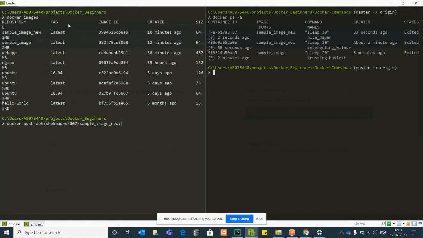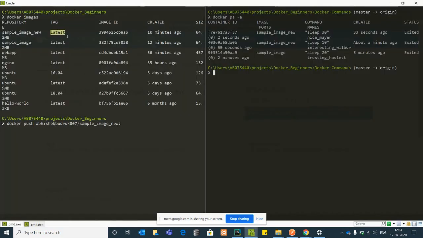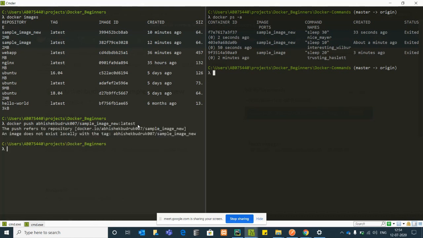Don't forget to give the tag. Here you can see that for this command, the tag name should be given. So latest is my tag name for this image. I'll just push it likewise.